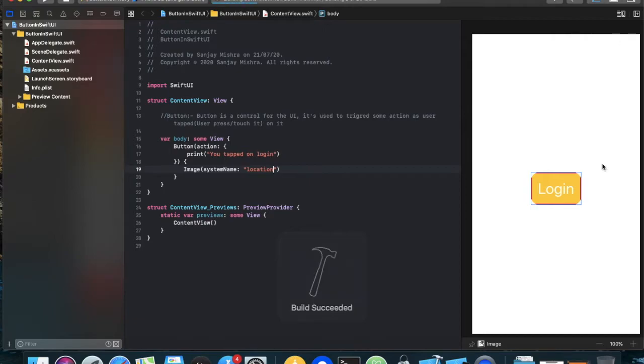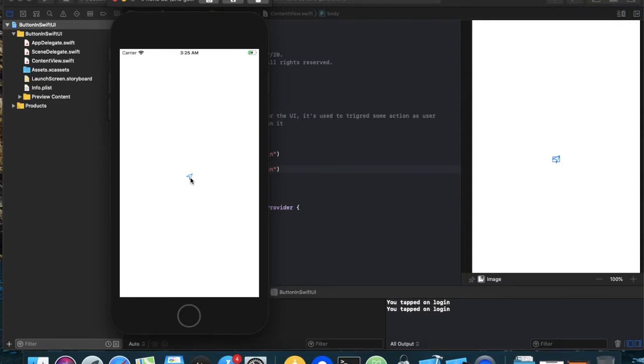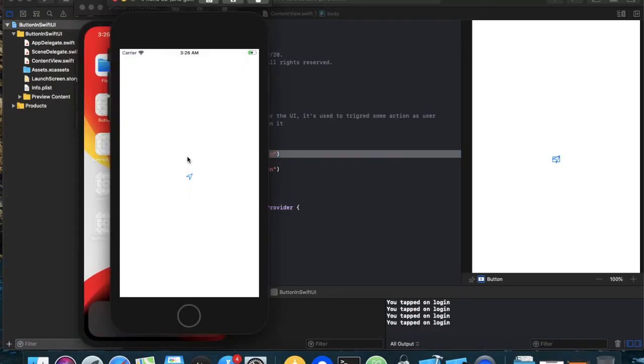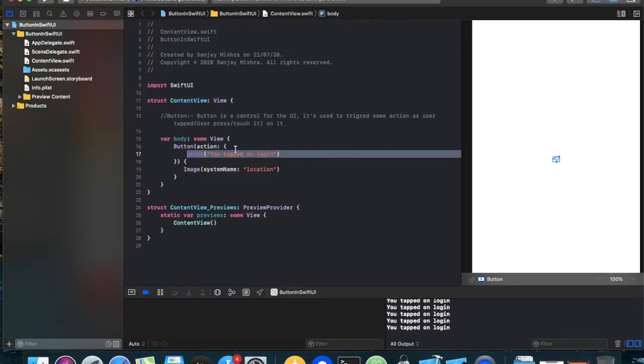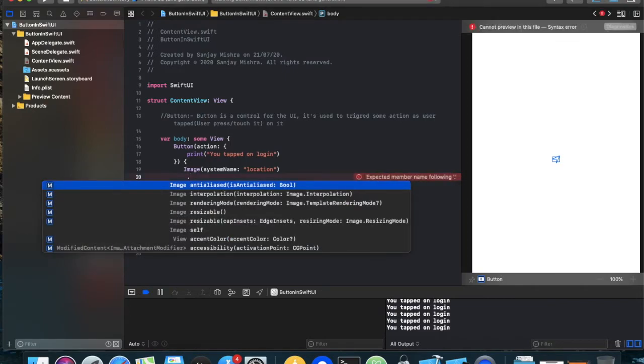So we will have the location icon on the button. As you tap on this button, the action is still triggered. As we are clicking on this button, this action section is executing. Similarly, as we apply some styling on text, here also we can apply some styling as well, like padding.